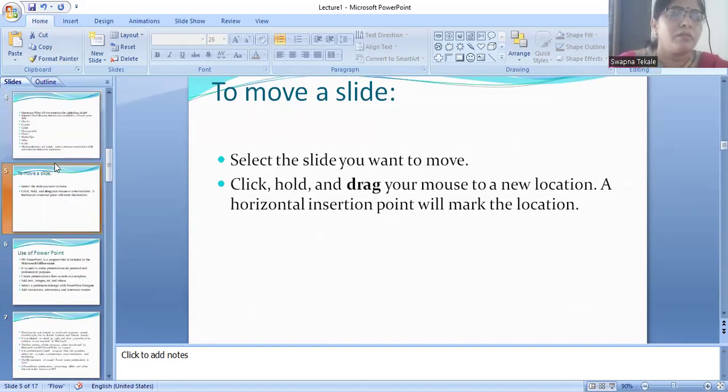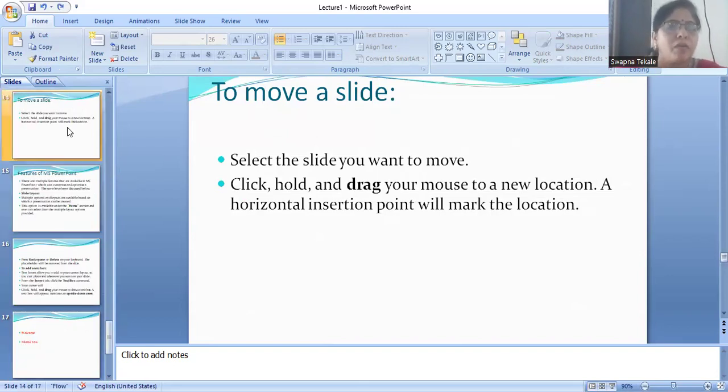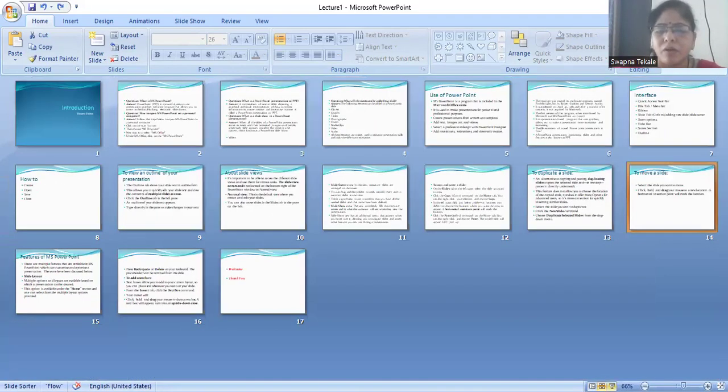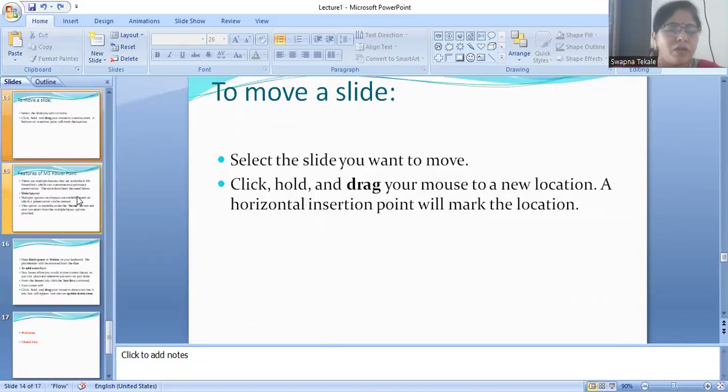And now this move slide is available in slide number 5. So this is what I'm doing with Control, because I have shown you how to do it. Now my slide is slide number 14. If you want it to be at slide number 5, you can do it from the slide sorter view also, but you can do it from here also. Just select and drag